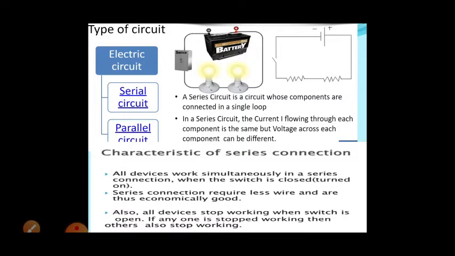That means if we connect all the bulbs together and switch off any one, all the bulbs will be off together, the whole circuit will be open together. In this case we can't control the different appliances in different ways. So a series connection is not good for household wiring. But in a parallel connection, the resistances are connected separately.